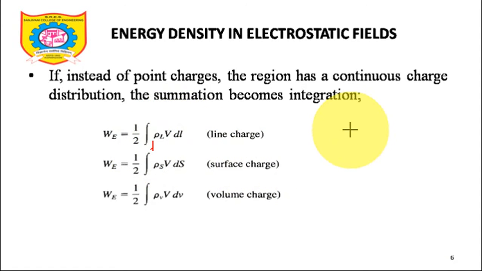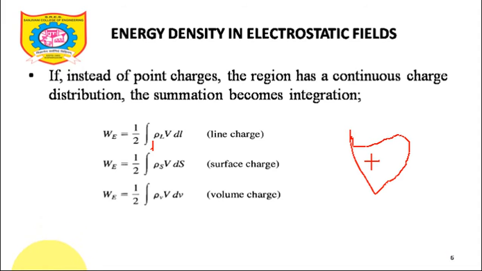If it is a surface charge, that means I have a surface like this. Let's assume this is an irregularly shaped surface where there are certain charges equidistantly placed, and I need to calculate the energy in bringing this surface charge from infinity to that particular point. I can calculate it by using half of rho s into V dS. Once again, V stands for potential or voltage. Finally, if it is volume charge density, W is half of rho V into V dV. So these are the three final expressions for continuous charge distribution.